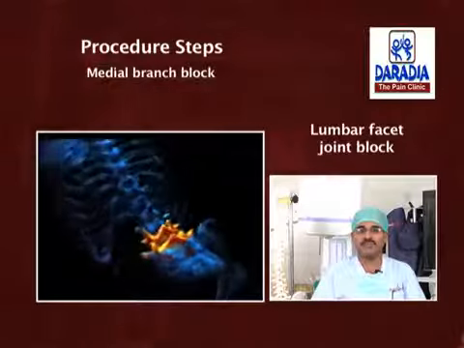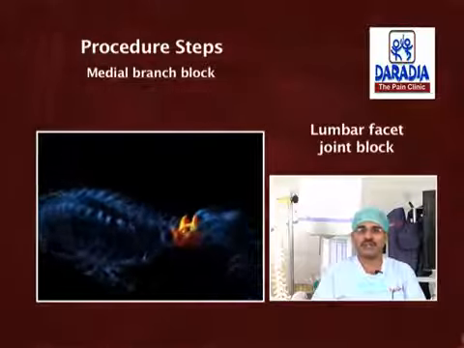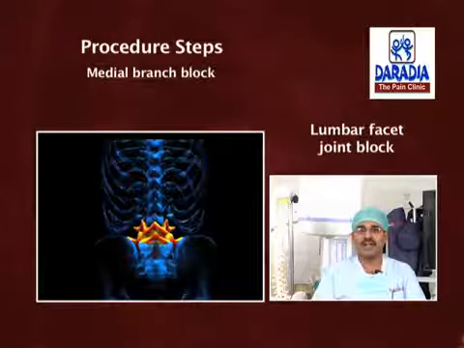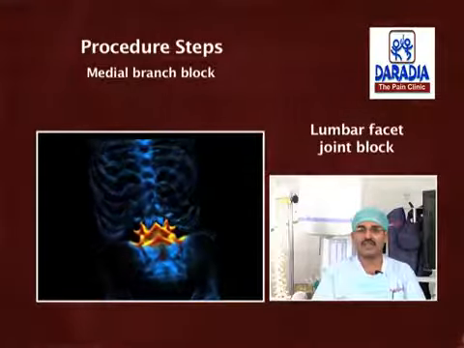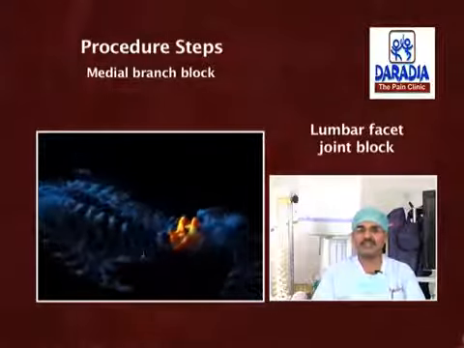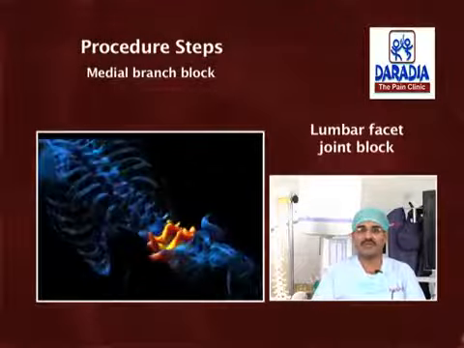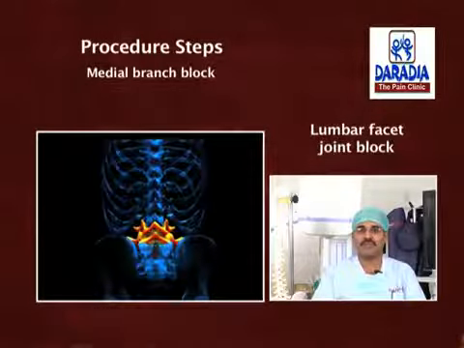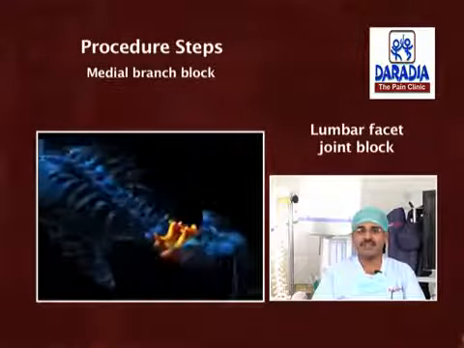Once the position is confirmed, inject 1 ml of 1% lidocaine and wait for 2 minutes. Do conventional radiofrequency ablation at 80 degrees for 90 seconds, and you can go up to 3 cycles by rotating the needle tip direction. Once the cycle is over, you inject 10 mg depomedrol, remove the needle and apply a sterile dressing, then shift the patient to the post-procedure room.